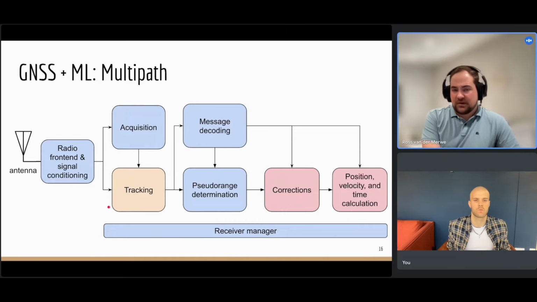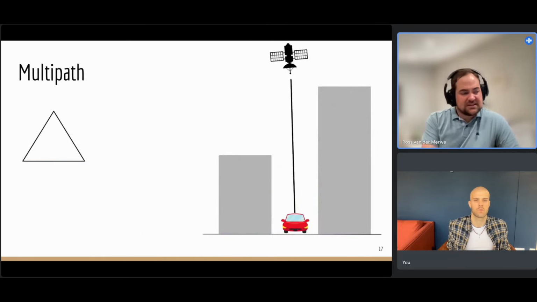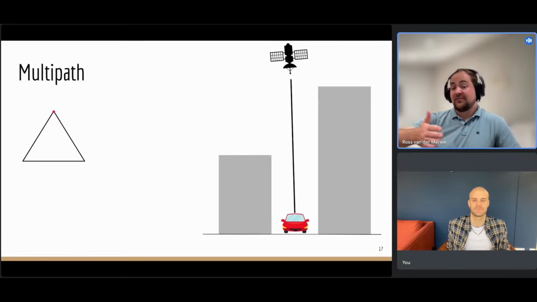So the question is, what is multipath? And I think here we can explain a bit longer what it is. What you need to know for now is if you have your signal directly coming to your receiver, you would have this very nice, beautiful triangular correlation peak. And I think that's all you need to know. If everything works correctly, you have a triangle. This is the paradise. And the tip of this triangle relates to the time delay that you have from your satellite. So this is the thing that's really telling you the delay between your receiver and your satellite, with a lot of additional information.